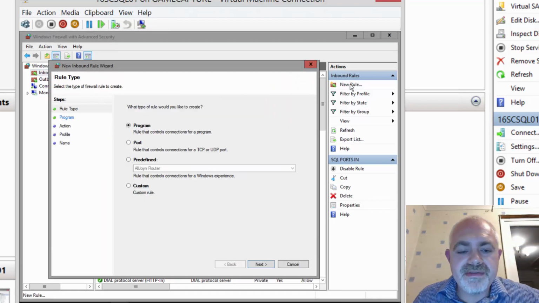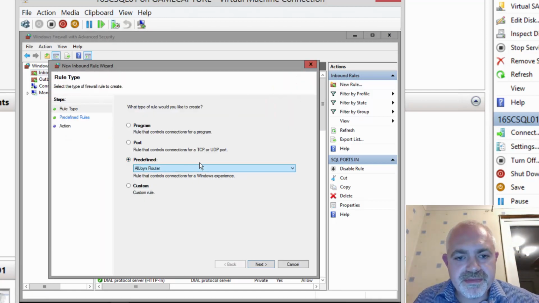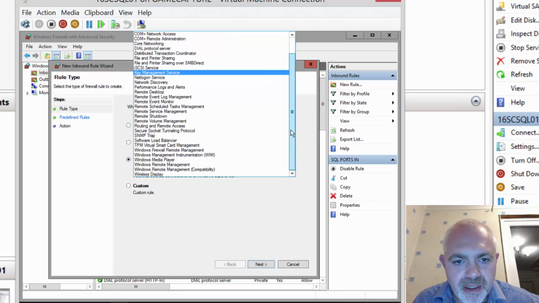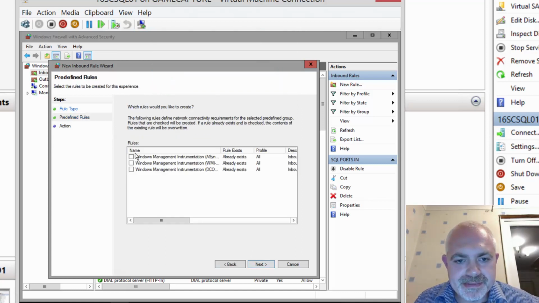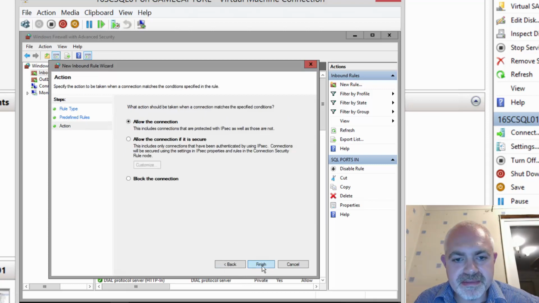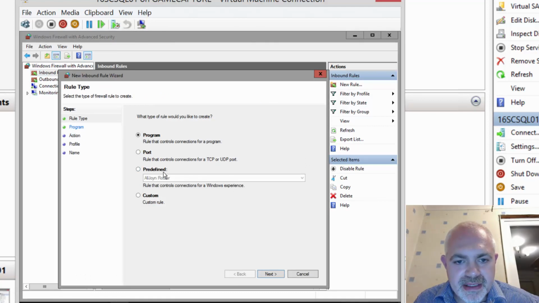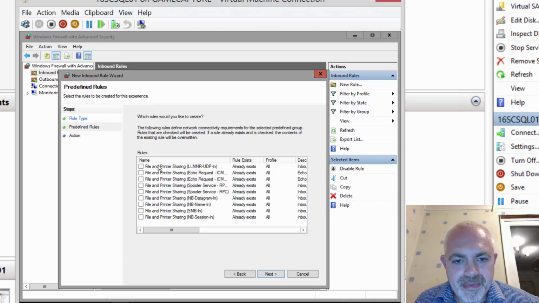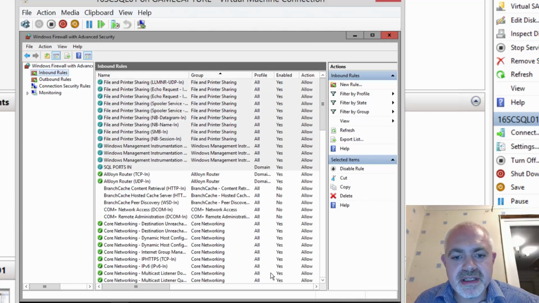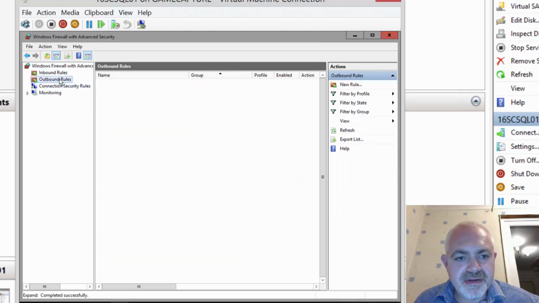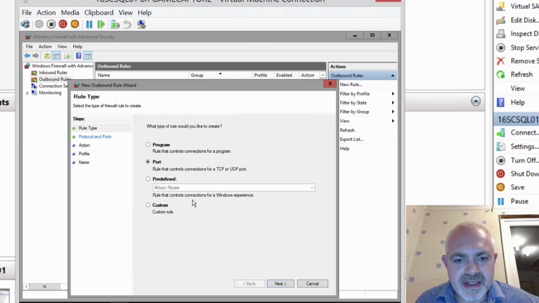We also have some predefined rules which we need to do. So if you go to predefined, and we need WMI. So we just basically need to enable them and allow that. And the other one we need is file and print sharing. You could just find them in the list and enable them, but to be honest, it was just easier to do it that way. We also need to create some outbound rules, so I'm going to set the same again